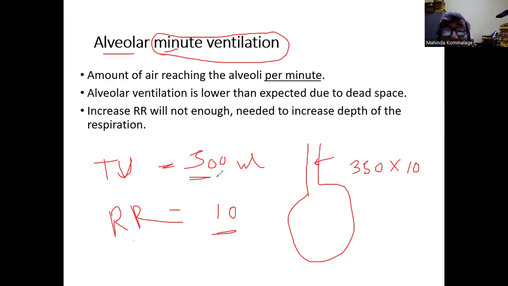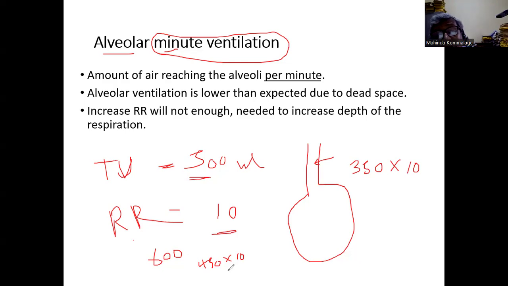Right? If we increase, let's say we keep respiratory rate 10 and we keep tidal volume 600. So alveolar minute ventilation will be 600 minus 150, that is 450 into 10. Right? So if this is the original one, it increased slightly. So you can see